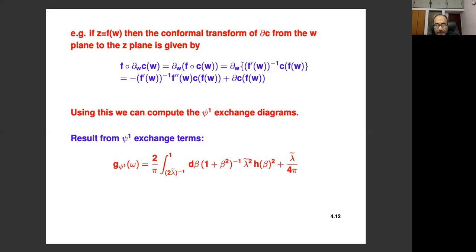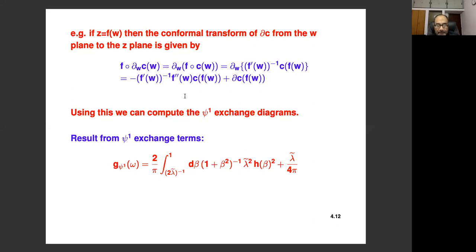Okay, so when the derivative acts on this F prime W inverse, you get this factor. When the derivative acts on C, you use the chain rule. Okay, so this corresponds to derivative with respect to the argument. So using the chain rule, you get an F prime W that cancels this, and you get back the LC of F of W. So if this had been a primary of dimension 0, then this is the only term you would get. Okay? So this is an extra term that you have to take into account. Otherwise, the calculation is straightforward.